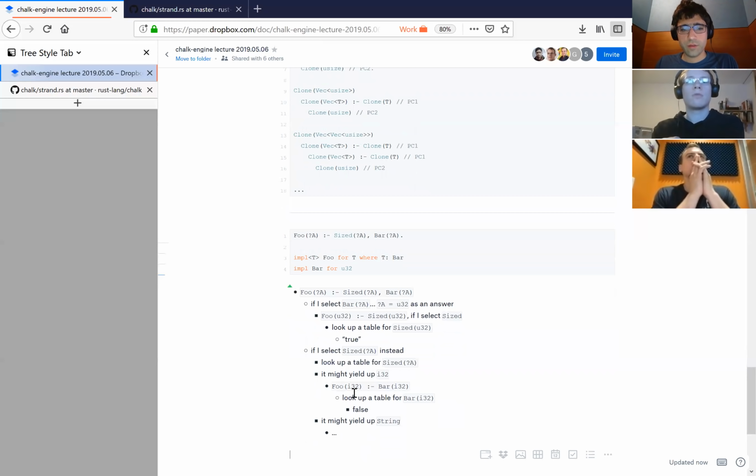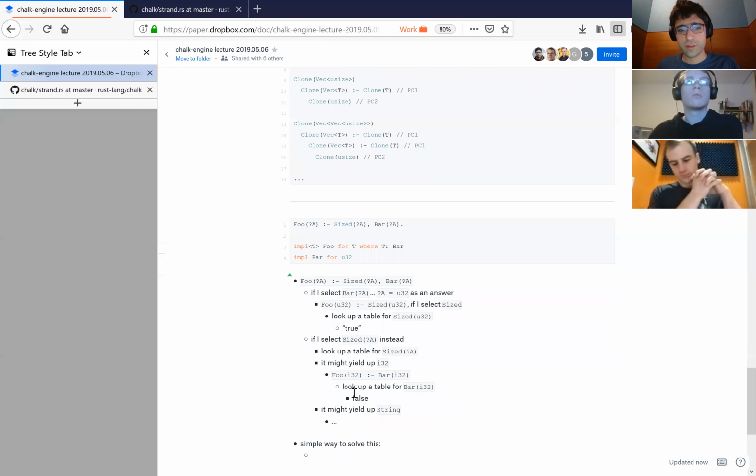And one simple way to solve this is don't pick Sized, right? This is what I'm saying, we have a hook that Keith added that's like, within a sub-goal, be a little more selective about which thing you pick first. Right now, we always pick randomly, basically, depending on the order in which they're listed, just like Prolog would do. That's not so smart. It might be better to pick, we could be smarter about it, but that's not a real solution,